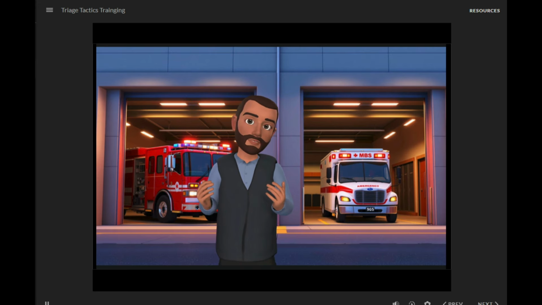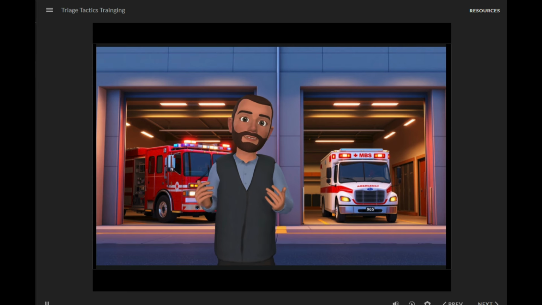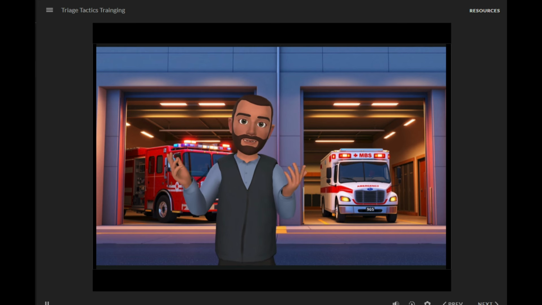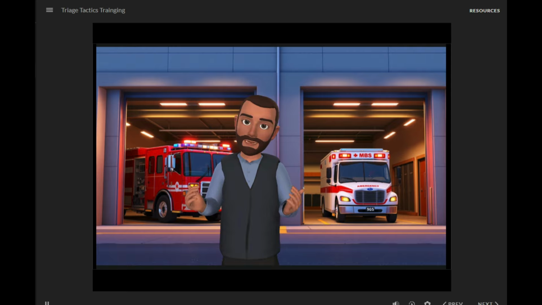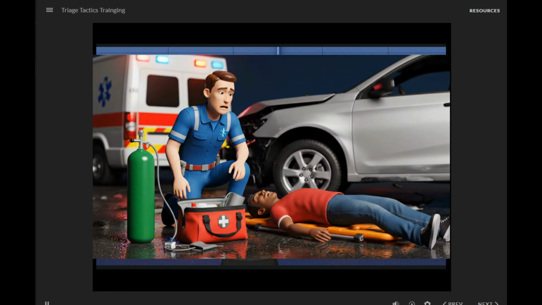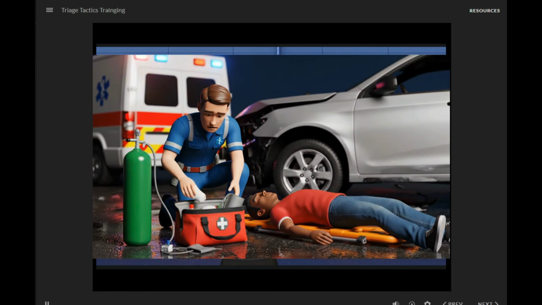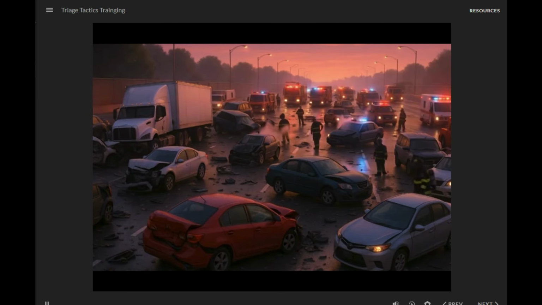You are about to enter a high-stakes emergency medical training simulation. As an experienced EMT, you'll face the challenge of dynamic retriage decisions during a mass casualty incident. In this training, you'll encounter patients whose conditions can change rapidly and unexpectedly. Your ability to recognize subtle deterioration signs, overcome decision paralysis, and manage emotional responses while maintaining professional protocols will be tested. The scenario: a multi-vehicle collision on westbound Highway 64 during evening rush hour.